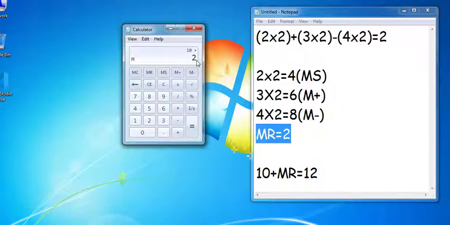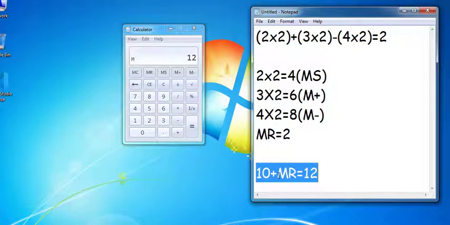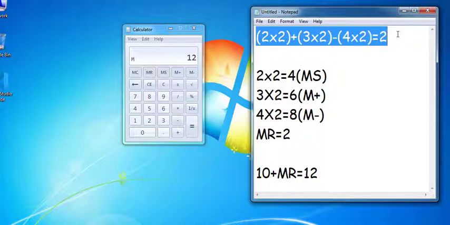So we can use the number stored in the memory anytime using the MR button. Now equal to 12. So 10 plus MR is equal to 12 because MR is 2. So we have done this calculation using the memory of the calculator.